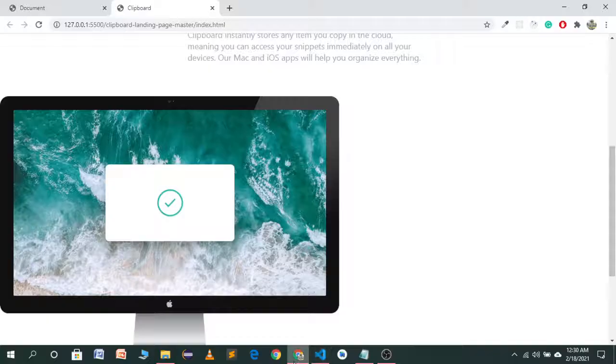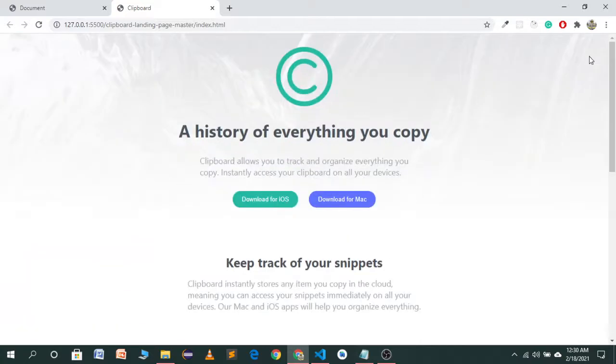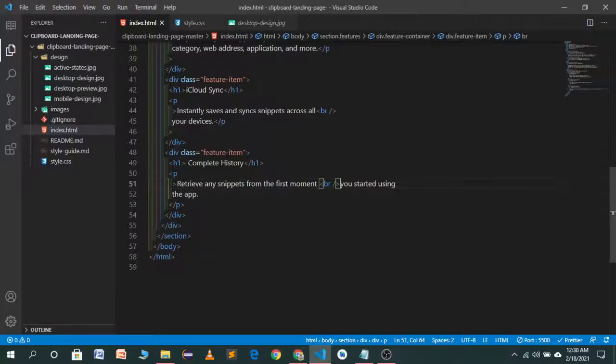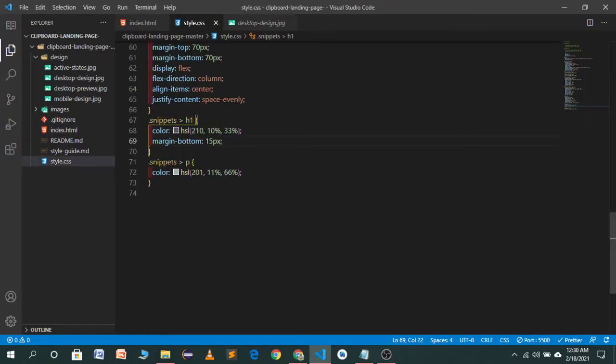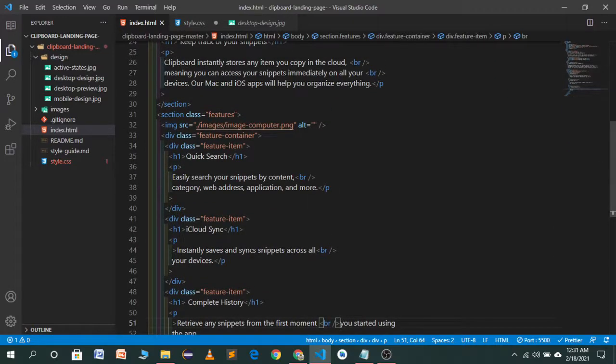So this part of the build is literally at the half stage of completion. We want to use flexbox to align this in a horizontal direction. So let's move to our CSS file and target dot feature. I think it's called feature-container, maybe. Yes, it is called feature-container.